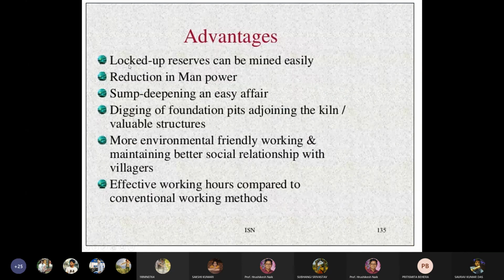Advantages of the rock breaker: locked-up reserves can be mined easily, reduction in manpower, sinking and deepening is an easy affair, digging of foundation pits or joining valuable structures, more environmentally friendly working, and maintaining better social relationship with the villagers. Effective working hours compared to conventional working methods. These are the advantages of the rock breaker.